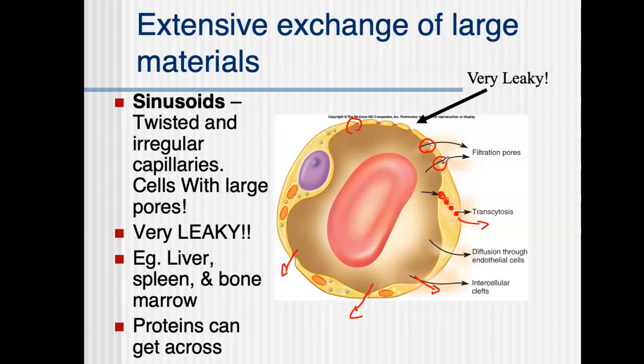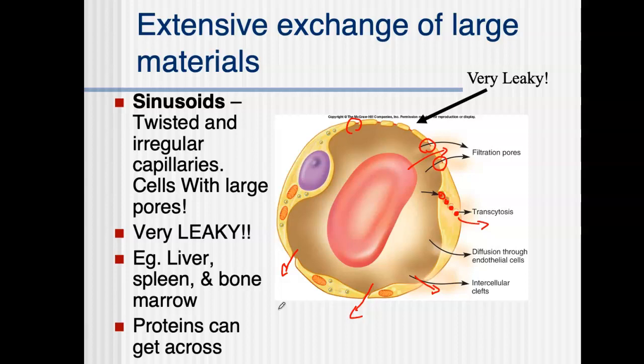They would be in a place where you want to filter large things. And where is that? The liver, the spleen that's filtering blood all the time also, and bone marrow. Think of bone marrow. It's a place where you make red blood cells, and then that red blood cell has to scoot through. It has to leave that area in the capillary, so it's got to have a place where it can actually exit out, right? So that's going to happen in these sinusoidal,